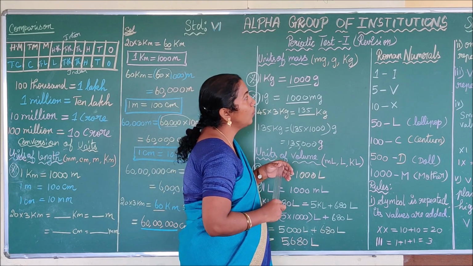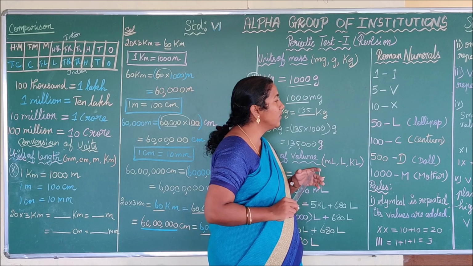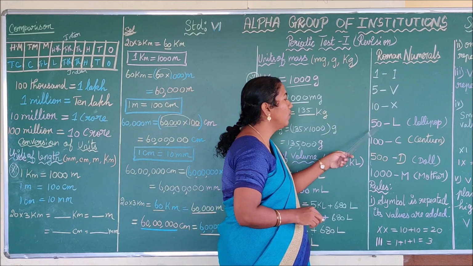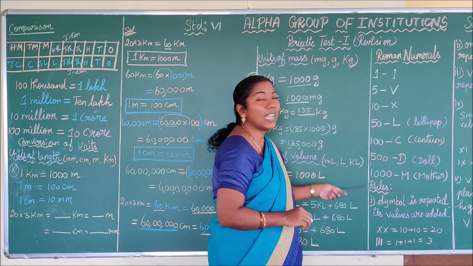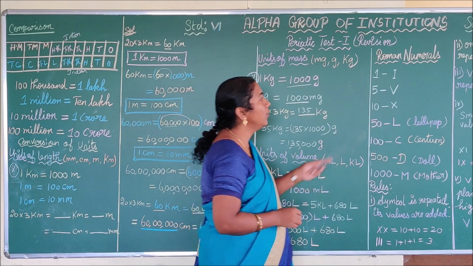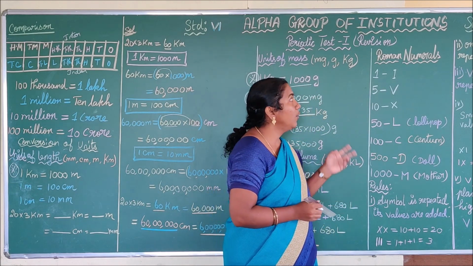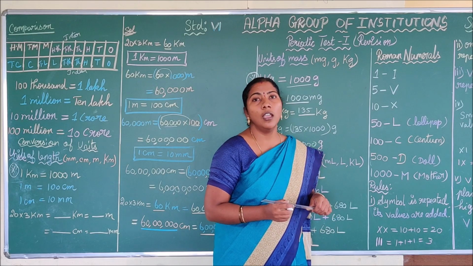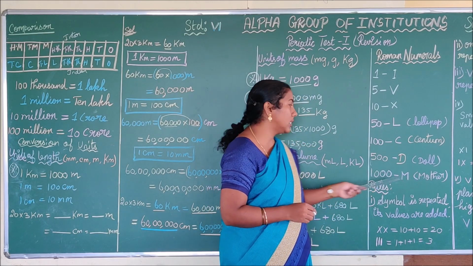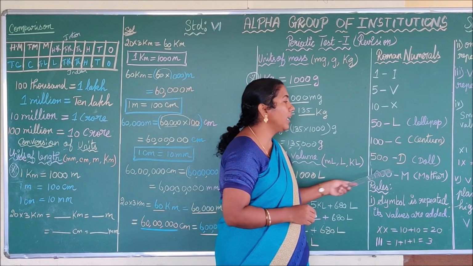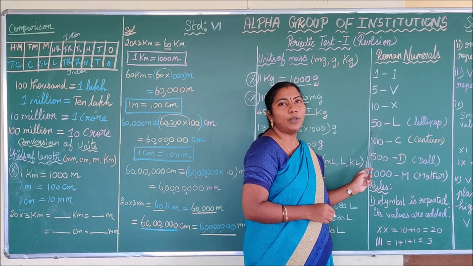Okay. Next we are going to see Roman numerals. In the Roman numerals we are using only 7 letters. Definitely you have to memorize these 7 letters. I already told one story in the Roman numerals video to remember the clue word. What is that story? Mother gave you how much rupees? 1000 rupees. And you bought a doll for 500 rupees. And you bought a lollipop for 50 rupees in the shop.